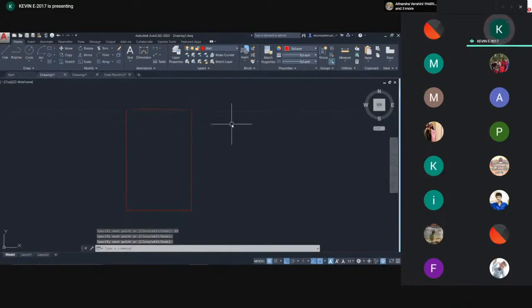So these are all the walls of a particular room or a plan or something. You can see here all these lines are individual and all are in red color. So if I want to change the line type of these lines